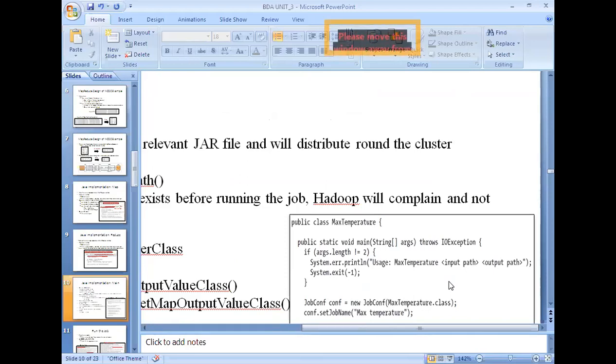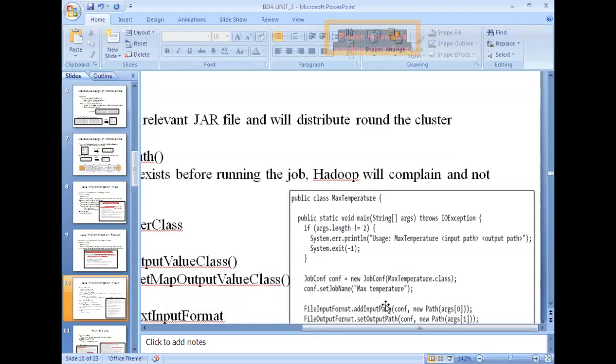It supervises the execution of the job. For that purpose, which job is supposed to be supervised and controlled is defined with the help of this configure object, which is an object of the job configuration.